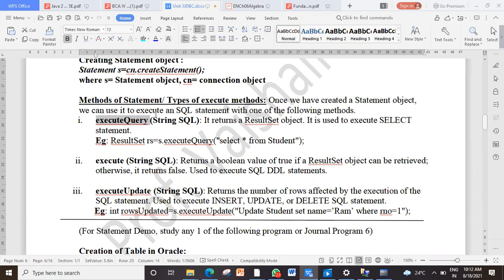This method accepts a parameter. What type of parameter does it accept? An SQL statement. So you say execute query and in brackets you pass the SQL statement, select star from student. Clear? Now, in the next example the output is stored in the result set, s.executeQuery, select star from student.